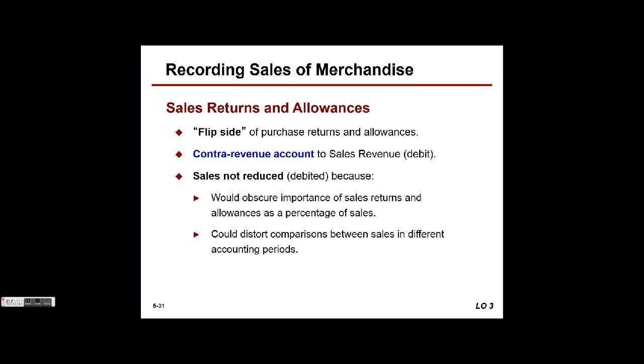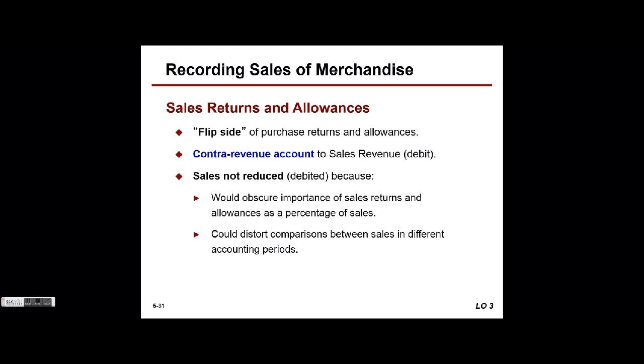As it relates to returns and allowances, the thing to remember here mainly is that sales, returns, and allowances is a separate account from the sales. So when sales are returned, we don't debit the sales account because it would make it difficult to track statistically, returns, the magnitude of returns at any given point. Whereas if we use the contra revenue account, which is a revenue account and has a normal debit